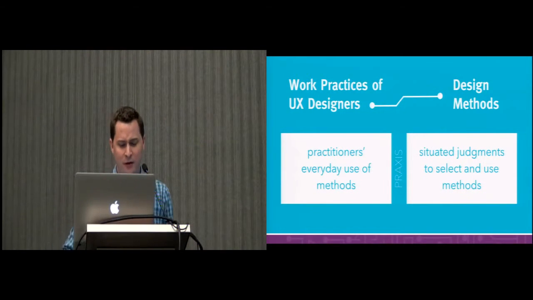So the contributions of this paper are twofold, and I want to situate this up front. So first, we're providing an account of how practitioners use methods in their everyday practice, including the methods that they would say are an essential part of their process, and also contextualizing the method use of practitioners within specific UX practice domains, and exploring the ways that they make situated judgments when they select and use methods. So ideally, these contributions shift our focus away from a formalized, objective description of methods that can often be common in HCI literature, especially at CHI, and curated collections of methods like Hannington, Martin, and others, towards a more adaptive, appropriated use of methods in the wild.